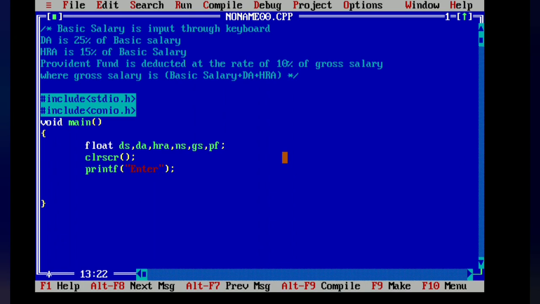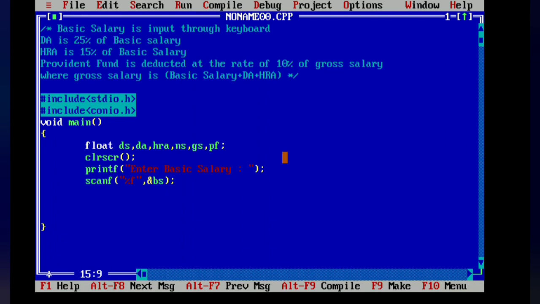Now input, or we say basic salary, is input by user. Now by using scanf, user input the value and that will store in BS.